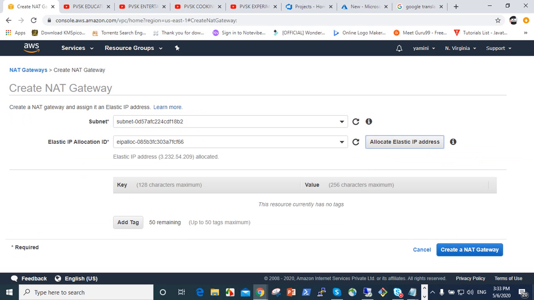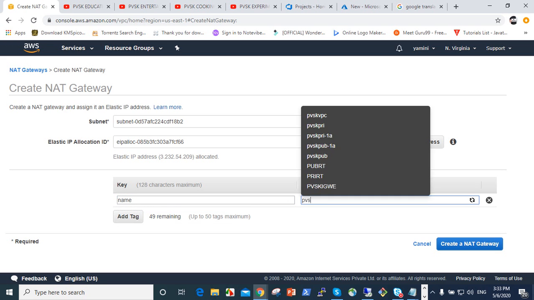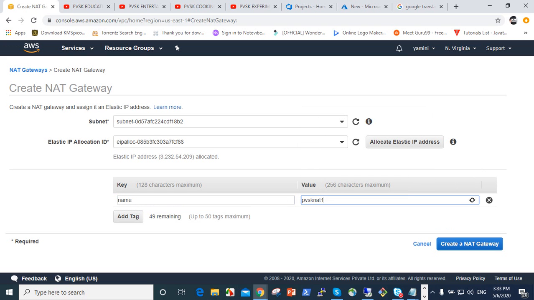This subnet is allocated one IP. So name, it's very simple, and here give PVSK NAT1, network address translation 1.